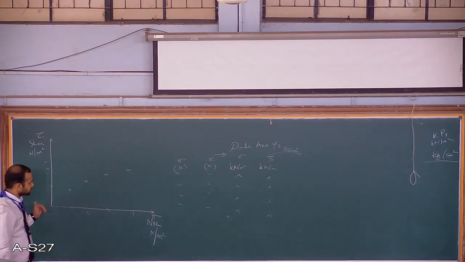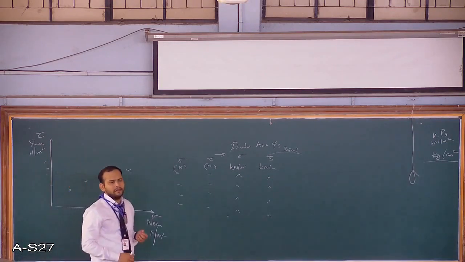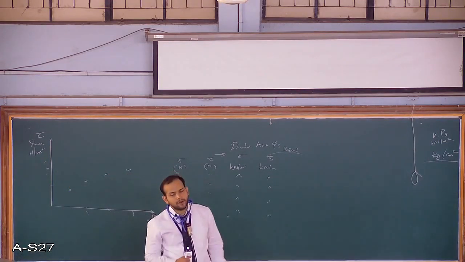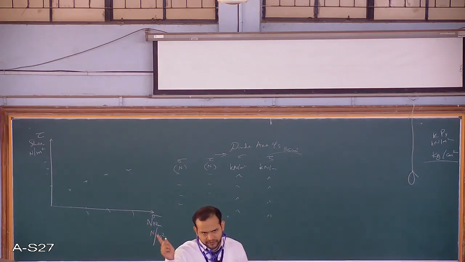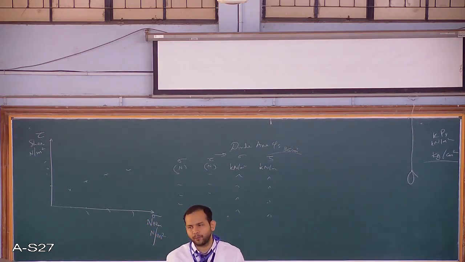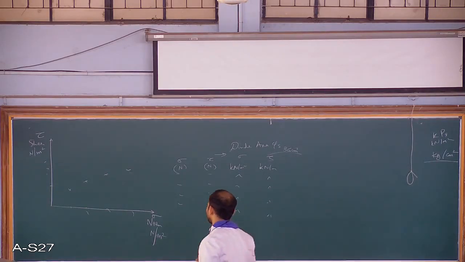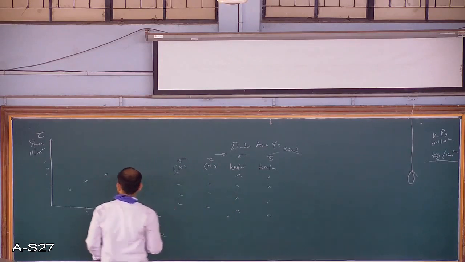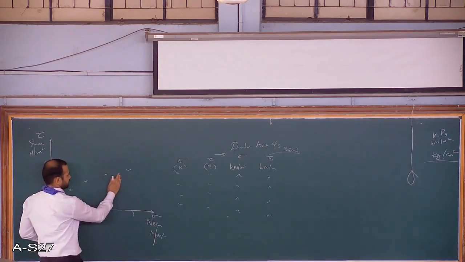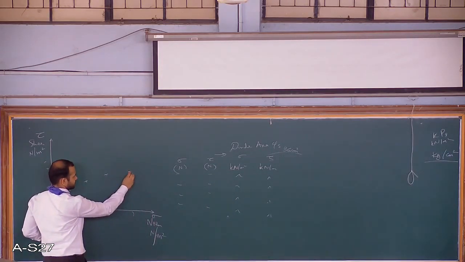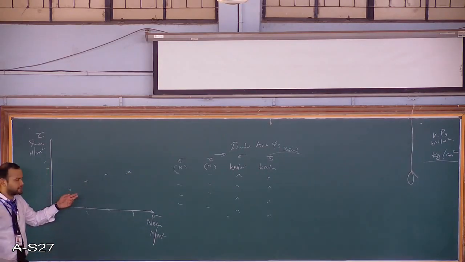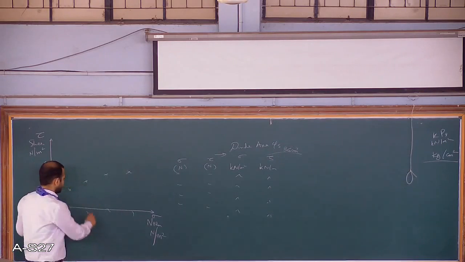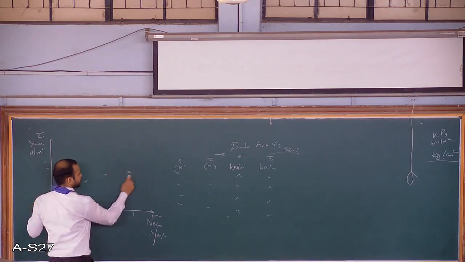Then here comes the important part. Now you have to join this line. Many students, we have seen, will just join the 4 points exactly. They'll cut all the 4 points. Sometimes you may find that the points are not in a straight line. For example, I'll just draw this like this. Can you think I can draw a straight line using these 4 points? No. If I draw like this, it will become a curve.